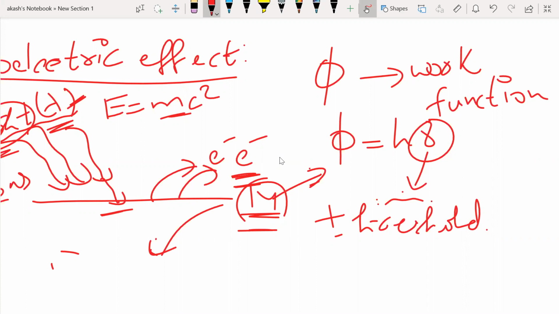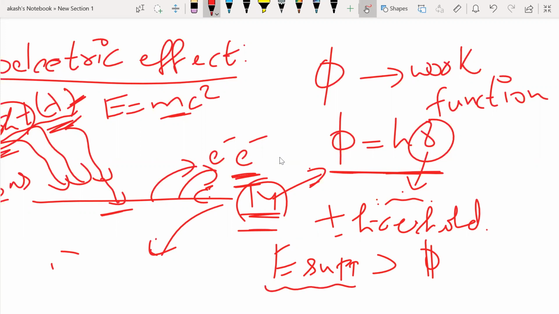If you provide energy exactly equal to the work function, that is, if the frequency possessed by the photons is exactly equal to the threshold frequency, you will just see the electrons come to the surface. But if you want them ejected out completely, and if you want them moving, the energy supplied should be greater than the work function. Then you can ask me, sir, where is the energy going? The energy conservation should be satisfied, right?